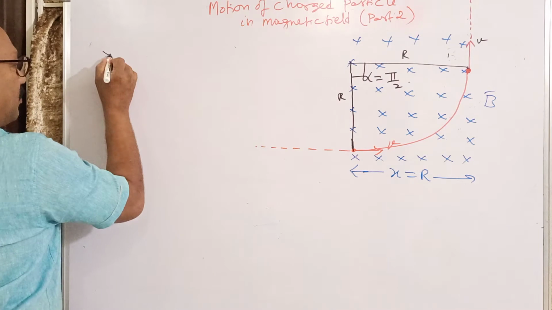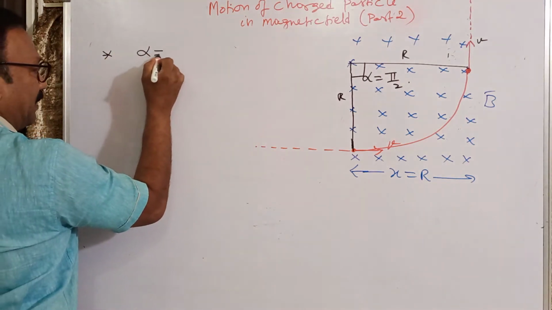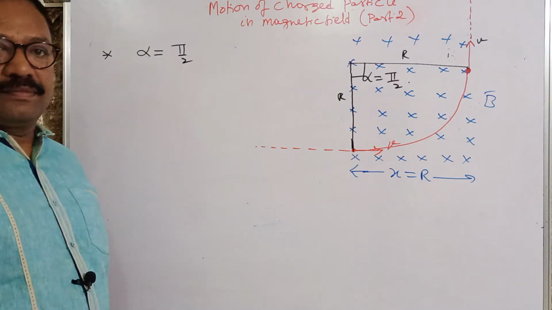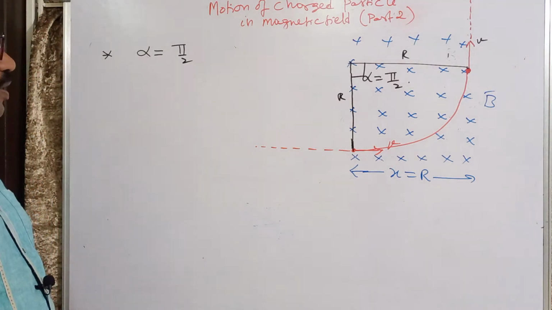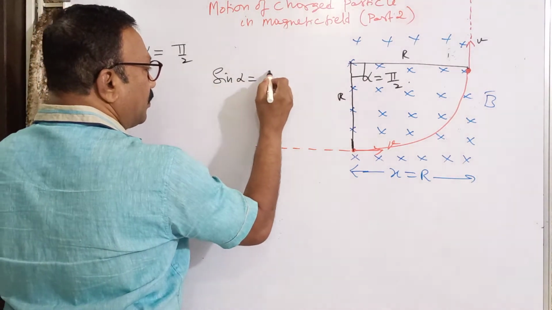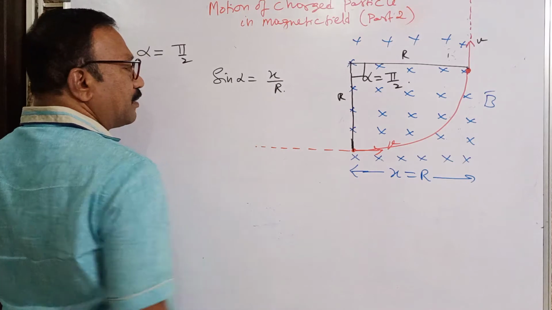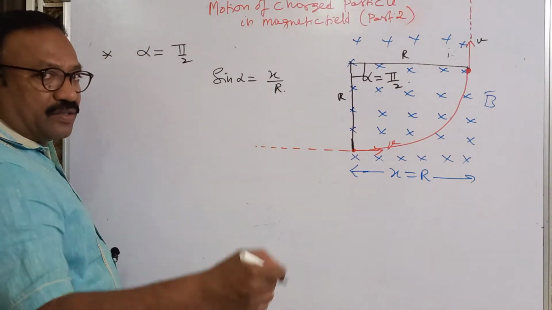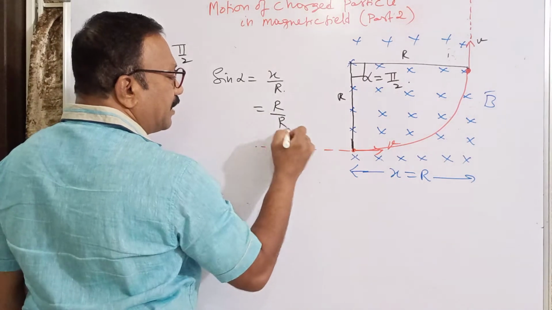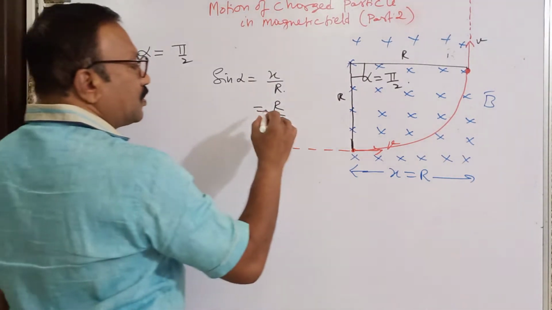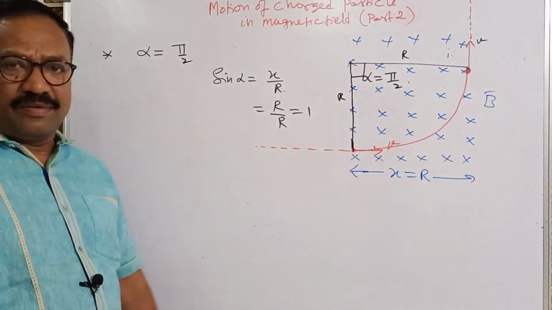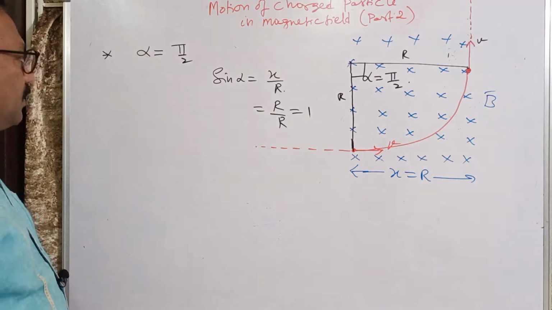So three questions will arise now. How much angle has it covered? Pi by 2. Or you can check with your formula also. What is the formula you got? Sin alpha is equal to x divided by r. We did that just now. But x is equal to what? Here it is the radius. So what is that? 1. So what is the alpha value? 90 degrees. No issues. You can do it in whatever way you want.